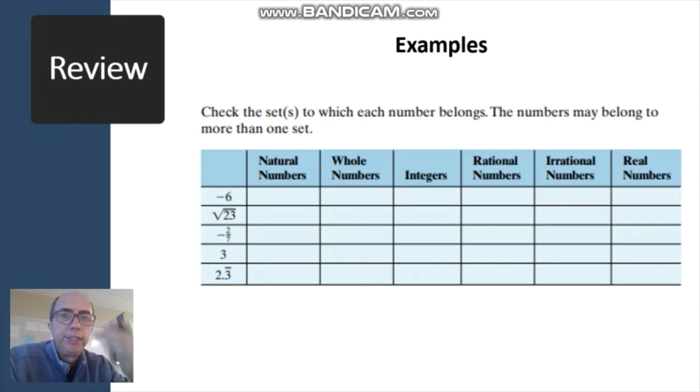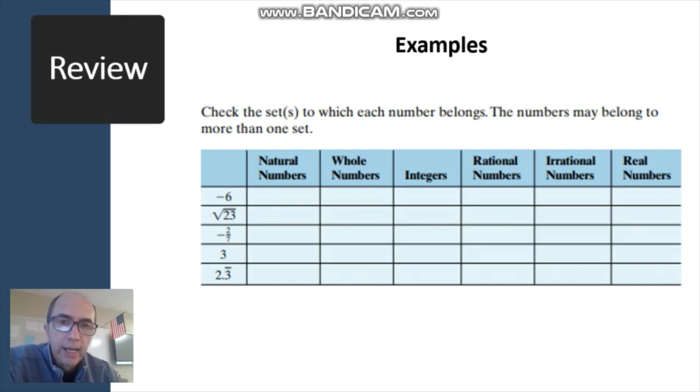Another example here: check the set to which each number belongs. Let's see the first one. And it can belong to more than one set. The first is going to be,